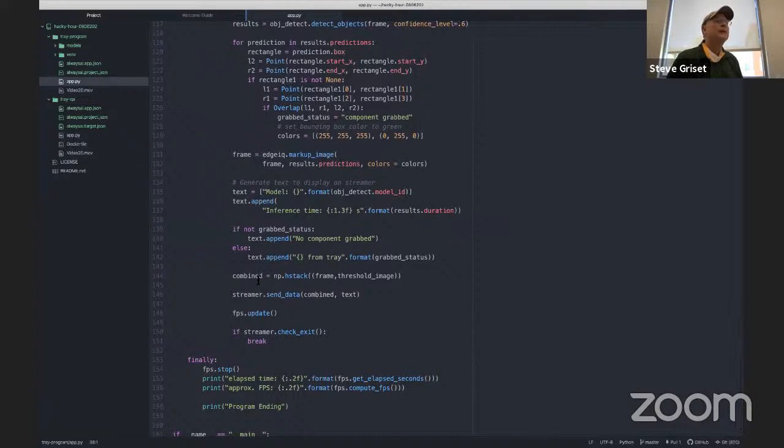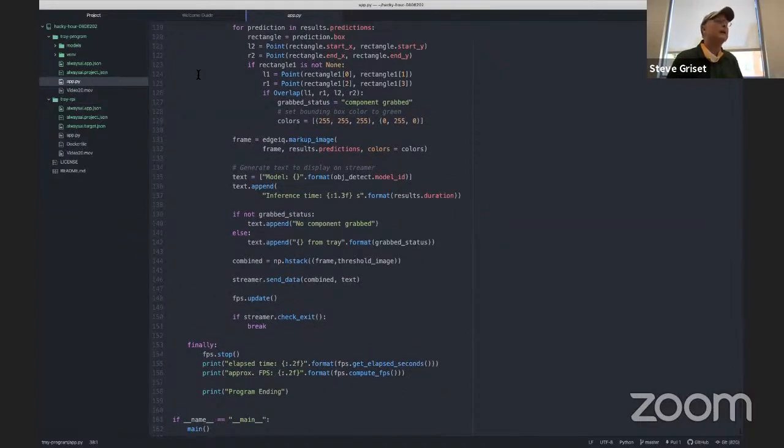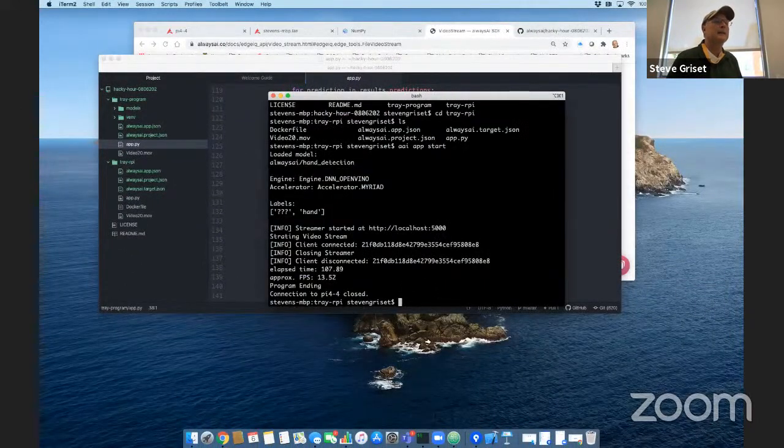The difference than you normally see is I'm going to now stack, so you can see what's going on in the HSV spectrum. I'm going to stack my frame, which is the output of all my object detection and my overlapping rectangles and all that. I'm going to put my frame out there, and then I'm also going to put my threshold image. So I'm going to get a combined NumPy array of these images using what they call the horizontal stack function in NumPy. And then I'm going to send it to the streamer. And then it's just a normal type of system. So I'll go ahead and we'll let it run through again so you guys can see it, and this time see it with